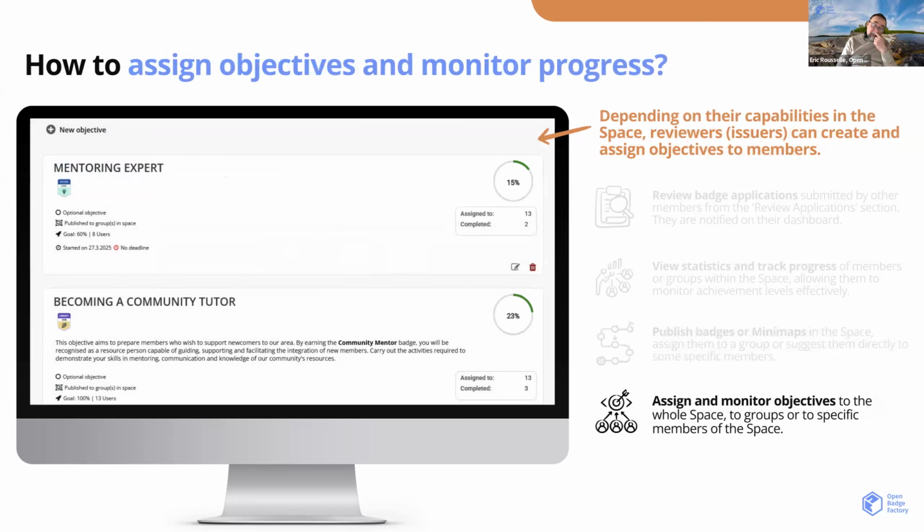And what is very interesting, in my opinion, in Spaces is also that you can set up what we call space level objectives.